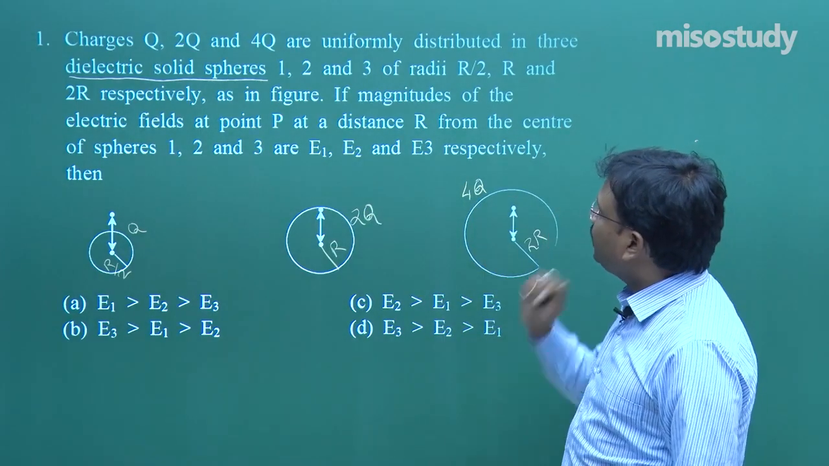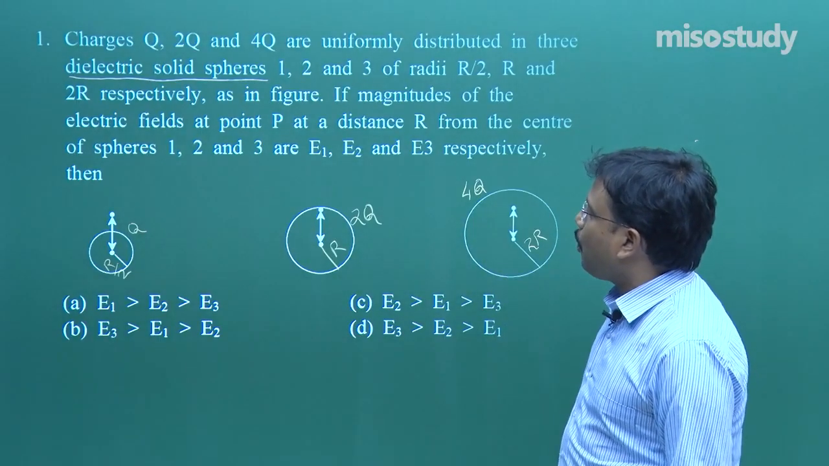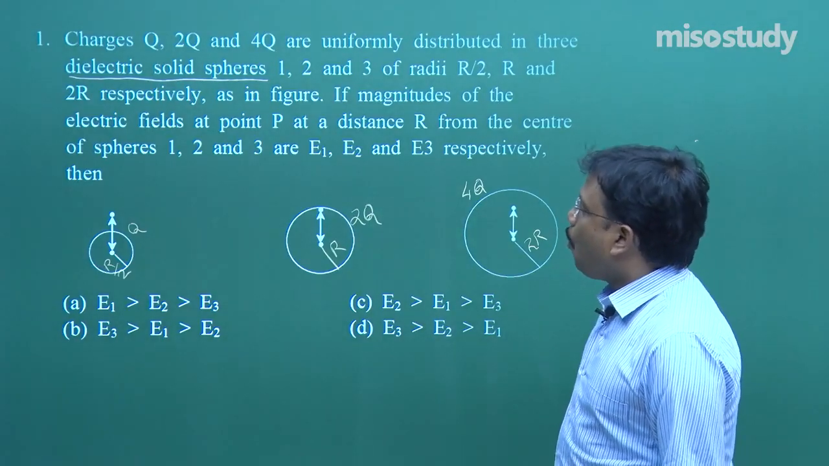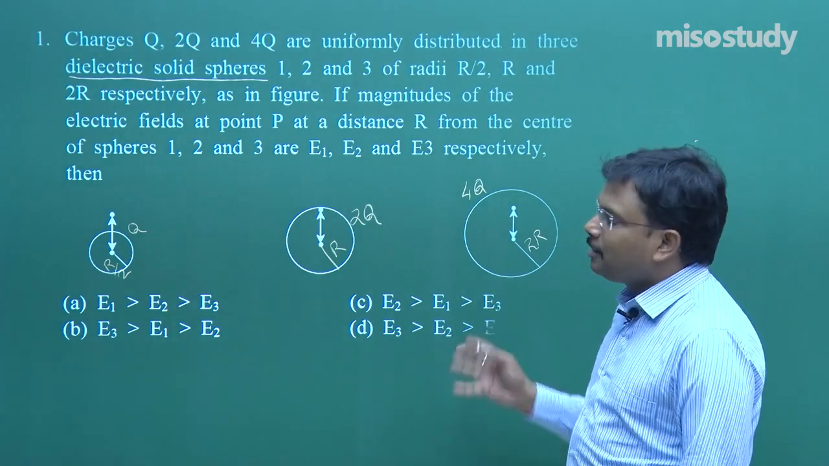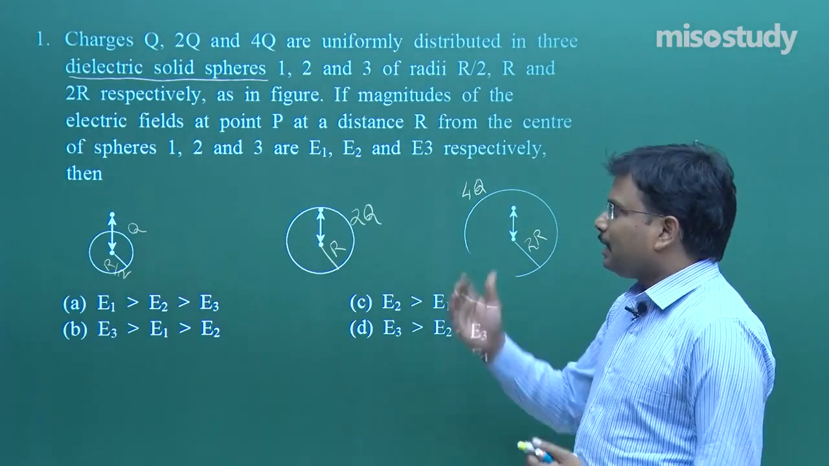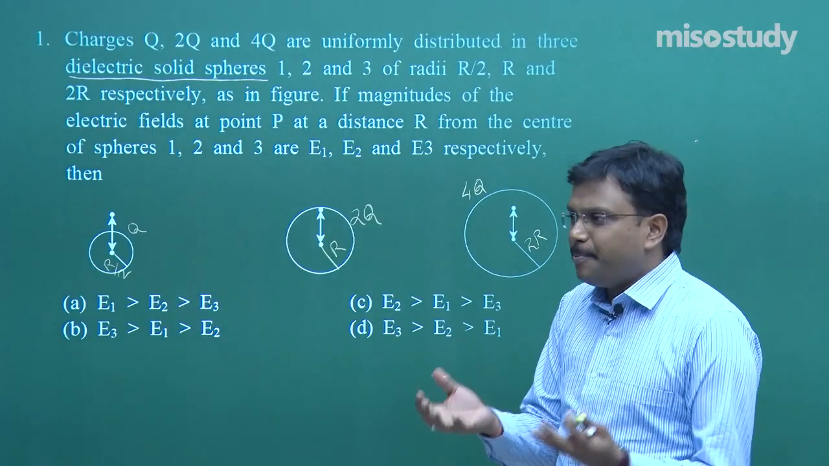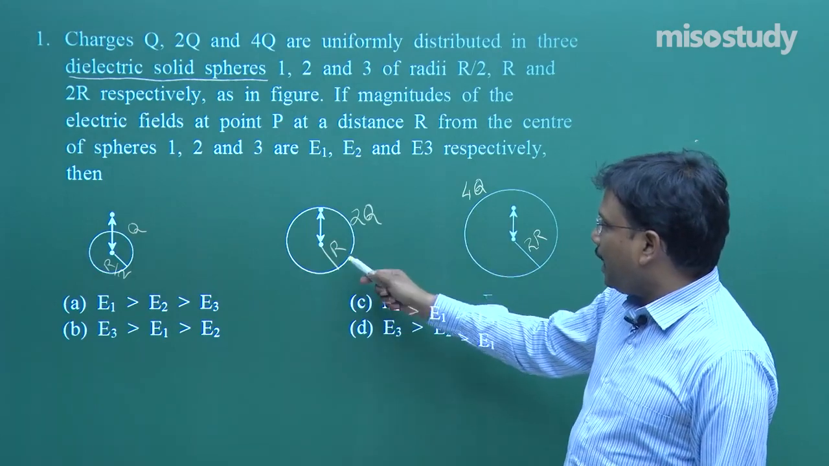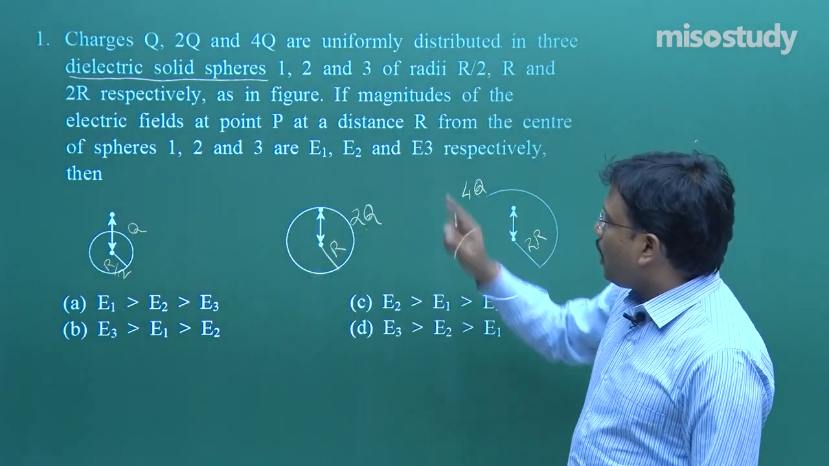Fine. Then if the magnitudes of electric fields at point P at a distance r from the center of spheres 1, 2 and 3 are E1, E2 and E3, then find the relation between E1, E2 and E3. It's like that. In this question the IIT is giving you some basic material and you have to prepare a final recipe. Why? As I added R, 2R, 4Q, 2Q and Q,